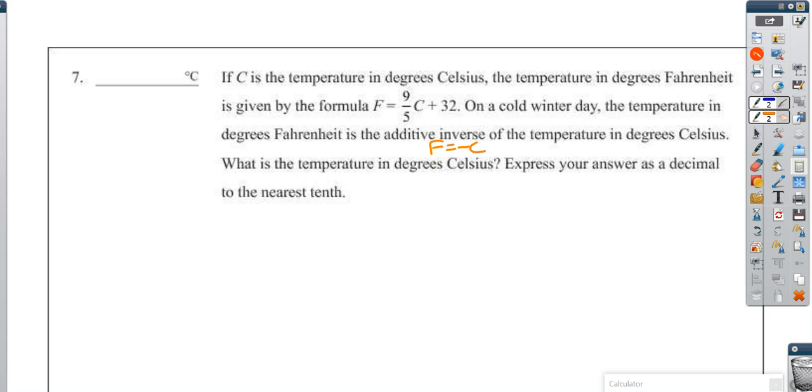Well, if F is equal to negative C, instead of F, what can I write? Negative C. That's right, negative C. So we have negative C is equal to 9/5 C plus 32. All right, so then let's subtract 9/5 C from both sides. So I will end up with,